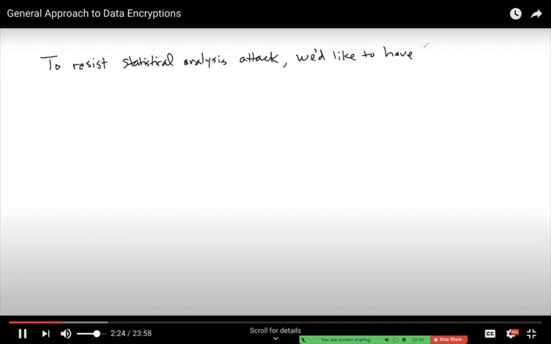We would like to have the following properties. Number one is called diffusion. Okay, so what that means is,